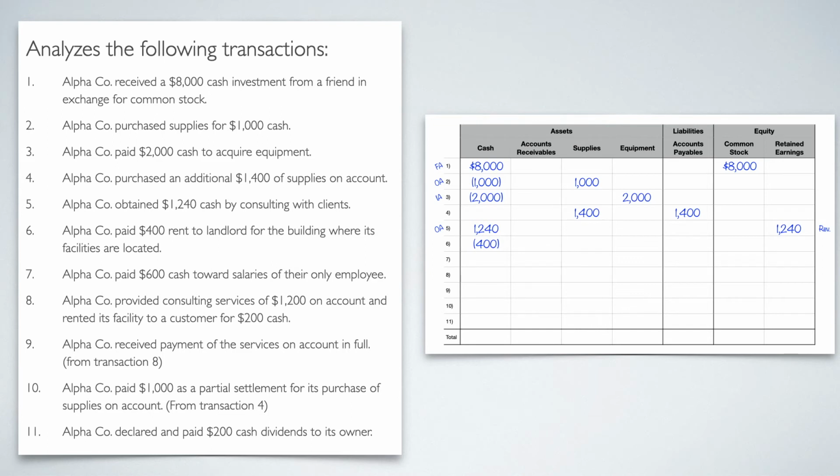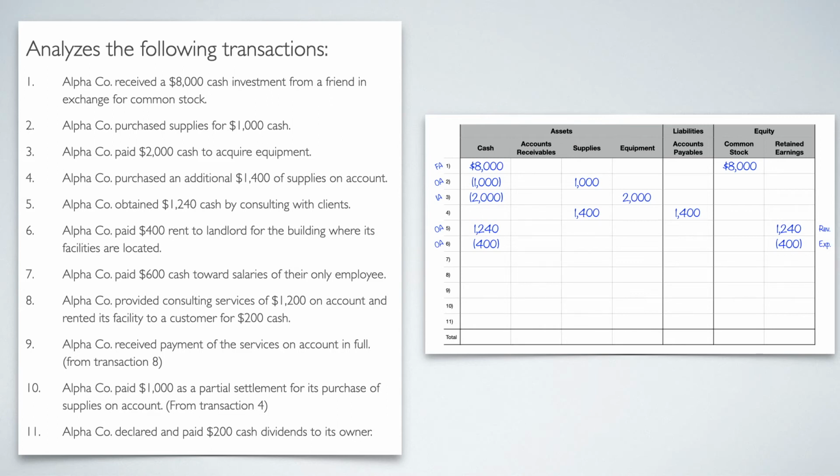And on the other side, I'm using the building. I'm using this facility. So this is making my retained earnings go down. And so I'm going to put under retained earnings negative 400. Again, this is day-to-day operations, so this is going to be OA. And then this is something I've used, so therefore I'm going to expense it. So this is an expense. I'm just going to put EXP out to the side.